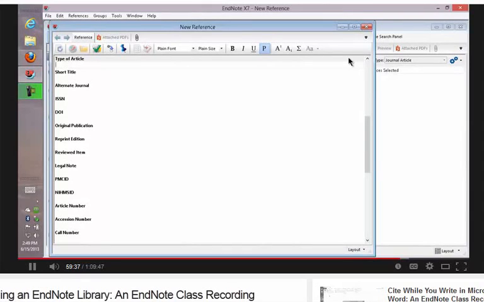You don't have to fill in every field. The type of article, it's a regular old journal article, I'm going to leave that blank. The short title is used in some of the humanities styles, where you might have a shortened version of the title for repeated footnotes only. If you put a short title here, that's what will be used for the repeated footnotes and only for those